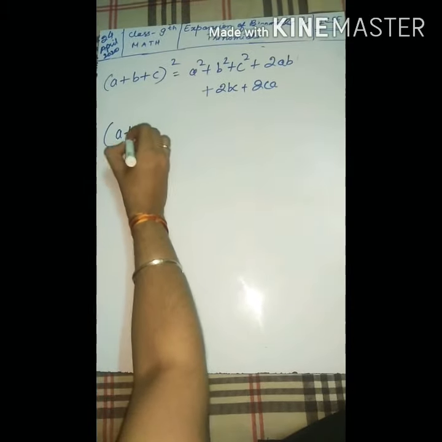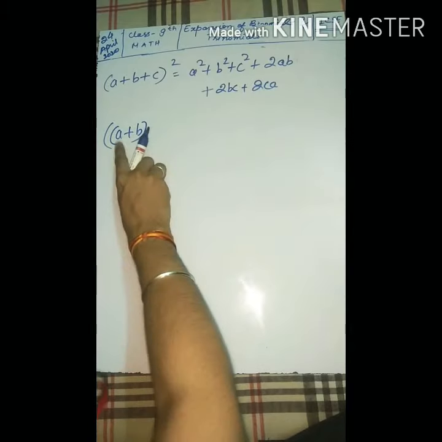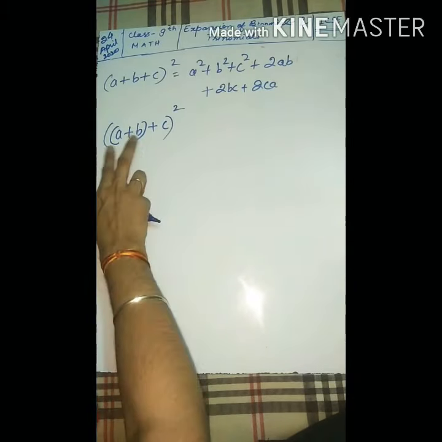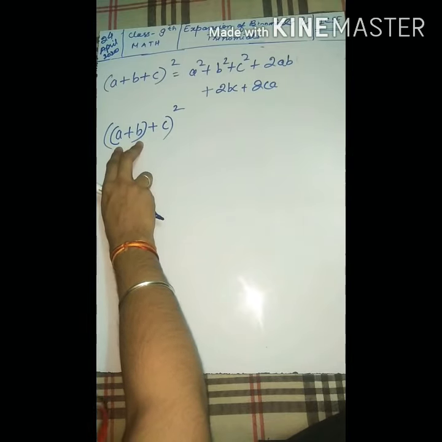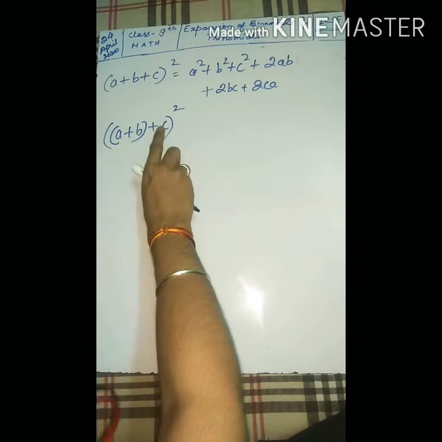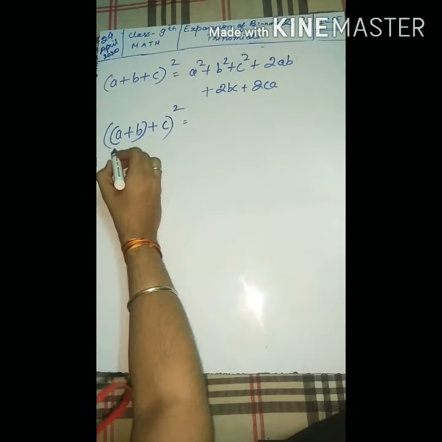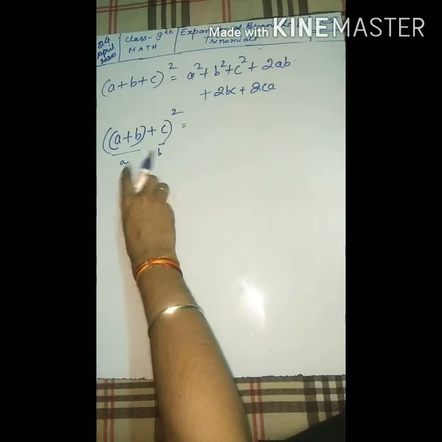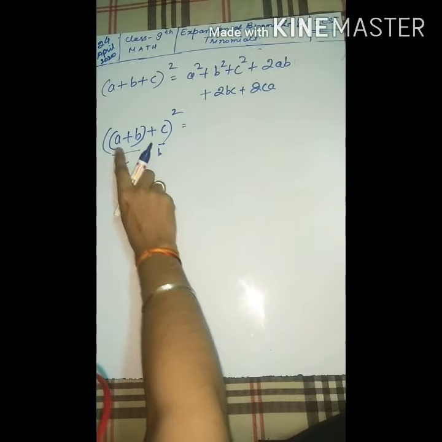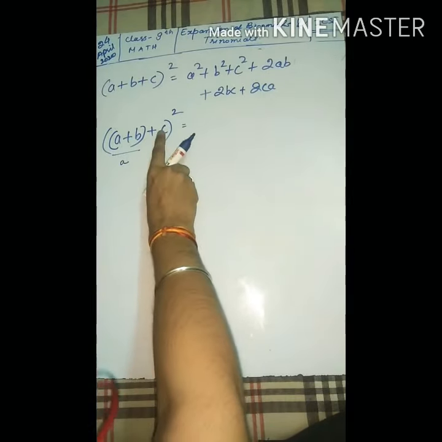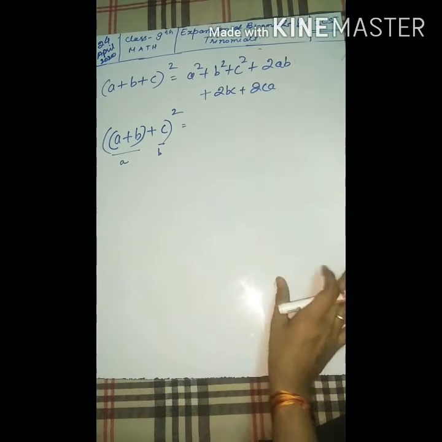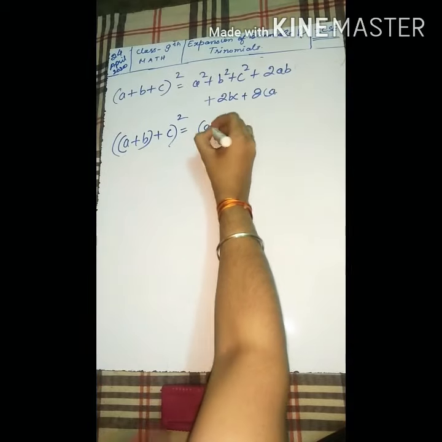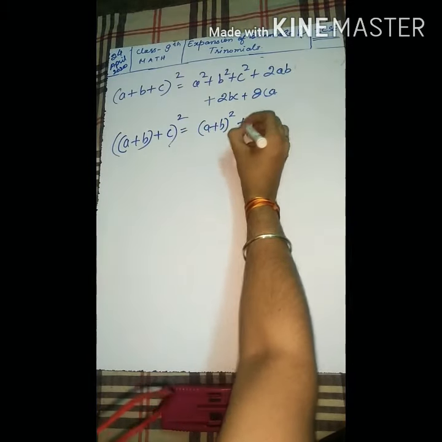So what I did is I have used an associative property. I have associated these two, that means a plus b I have taken in one unit, and c, the whole square. Now let us consider this as a and this as b. Now can we use the (a plus b) whole square identity where a is a plus b and b is our c? So let us use the (a plus b) whole square identity, which is (a plus b) whole square plus